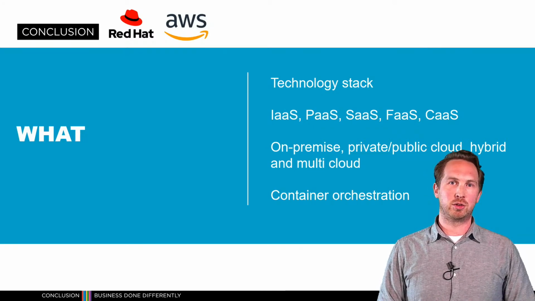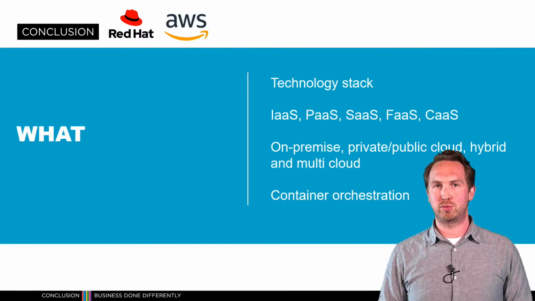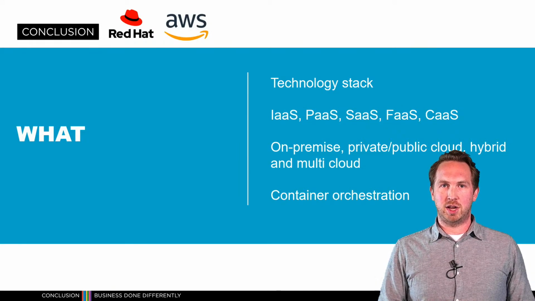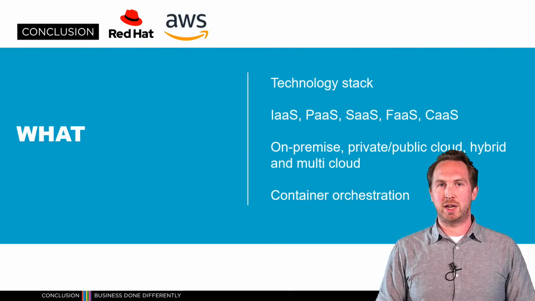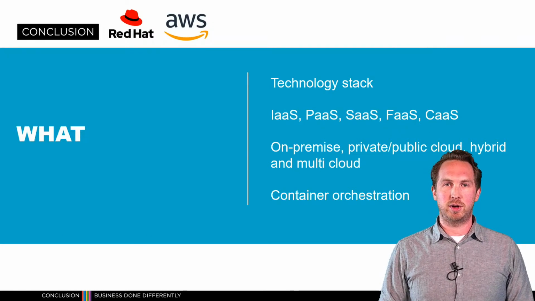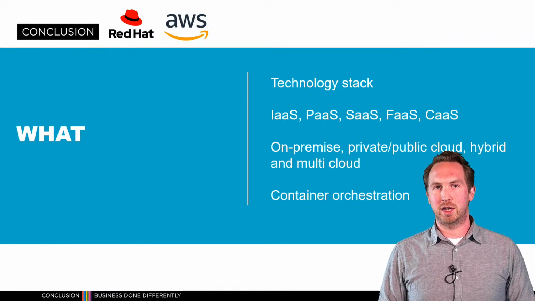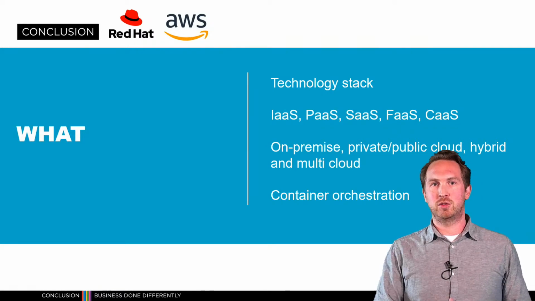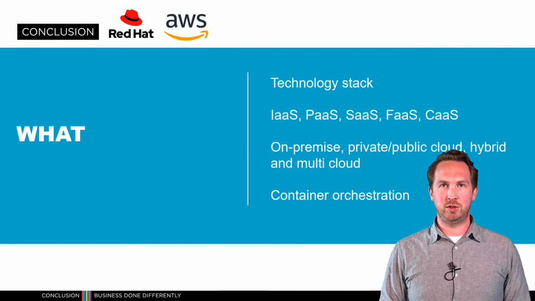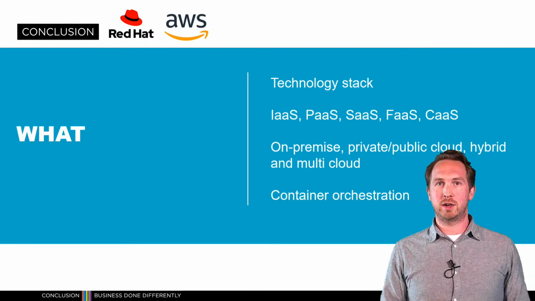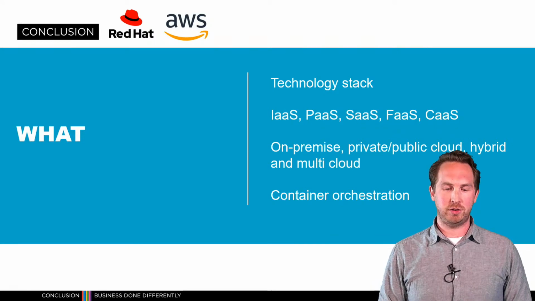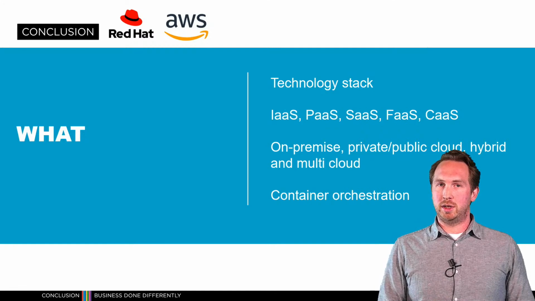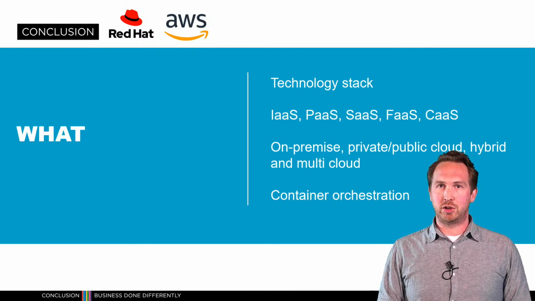A lot of our customers at the conclusion are moving away from on-premise and going to private or public cloud or combinations of both. There's a lot of time in the transition, while you're moving your applications and modernizing your applications, where you have a multi-cloud or a hybrid cloud situation. Also, ROSA and other services from AWS can help make that transition easier. Of course, we're here for OpenShift on AWS, a container orchestration tool, which really helps you modernize your application stack.